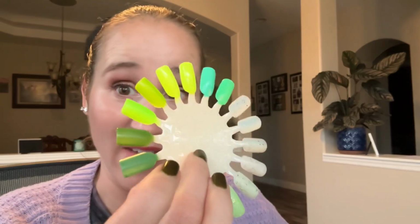Okay, so I went ahead and swatched the first batch. I am running out of room on my desk. Things are getting really cluttered, and I think it's going to be easier to talk about the first batch, and then I can clear those out of the way, and then I can swatch the second batch. So the first batch, I have exactly 18. Let's start with the